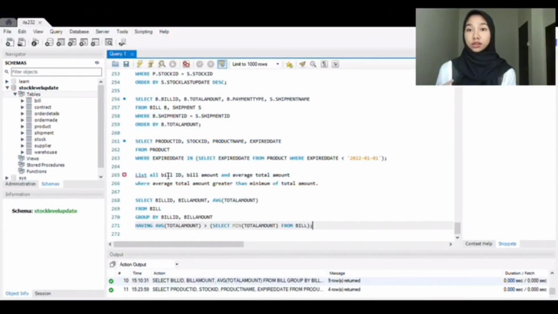Alright, because we need to list all the bill ID, bill amount, and also the average total amount, we will write a query of select bill ID, bill amount, average total amount from bill, because we are referring to table bill right now. And then because we want the average total amount to be greater than the minimum of total amount, we will write a subquery here: having average total amount greater than, and then select minimum total amount from bill. So we will run this query, and then the output will be,